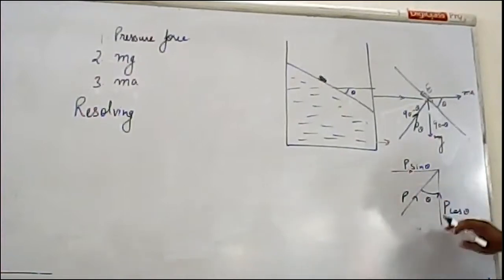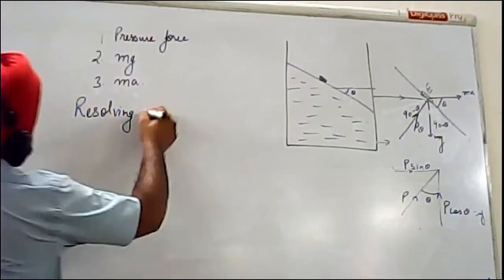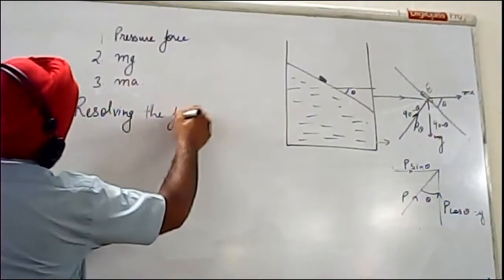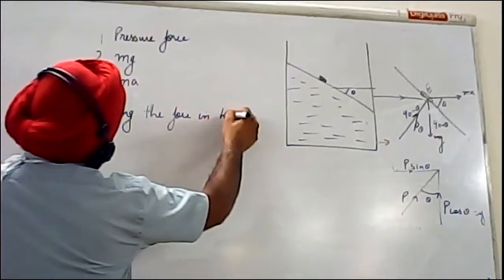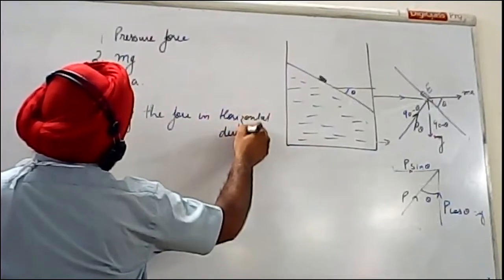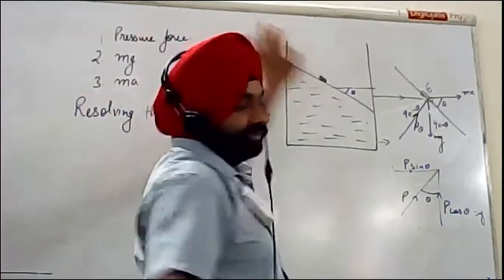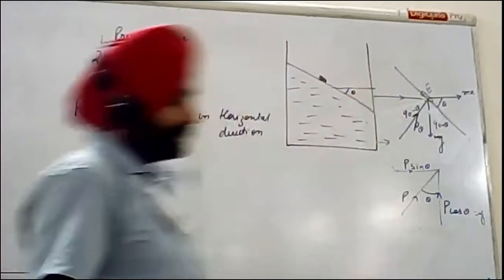We have to take the component in the x direction. This is the x component, in horizontal. Horizontal component will be cos theta and vertical component, sorry, vertical component will be cos theta. Horizontal will be sin theta. We have resolved the components. Then resolving the forces in the horizontal direction under stable conditions, under equilibrium condition. That is, this angle is stabilized now. After that, there is no change in this angle.